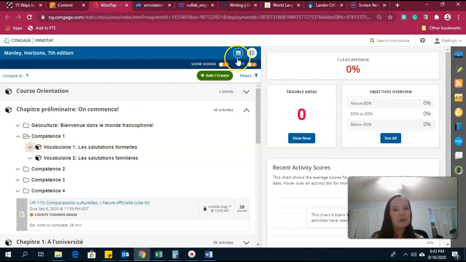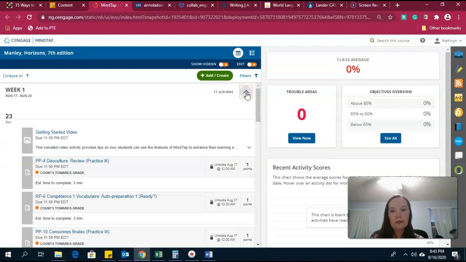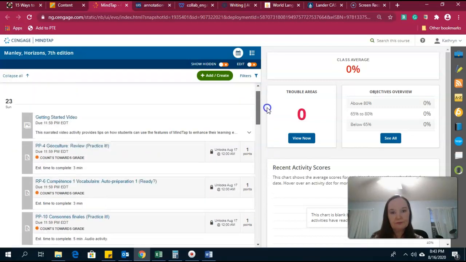Personally, I think the easier way is to go week by week, because that way you can see when it's due. So your assignment is due by August 23rd for week 1. You have 11 activities that are due. And if you open it up, it takes you directly to what you need to work on.